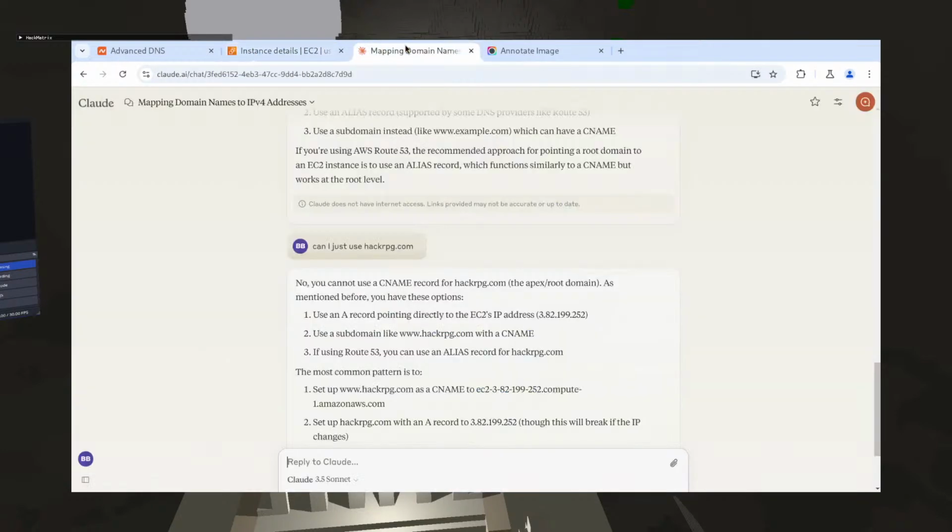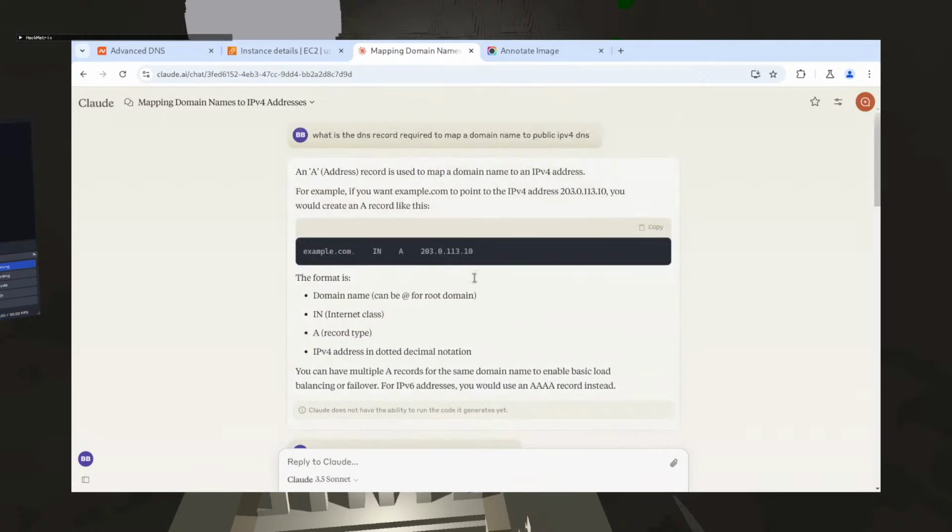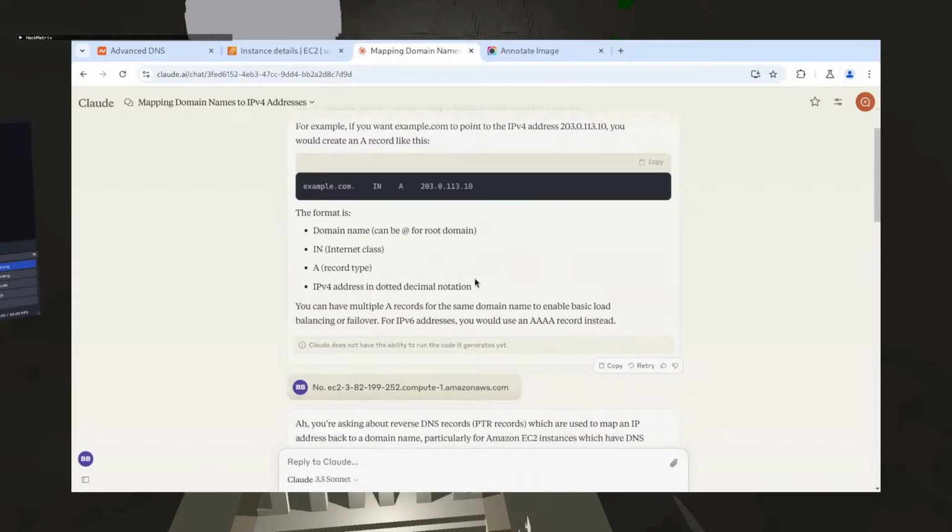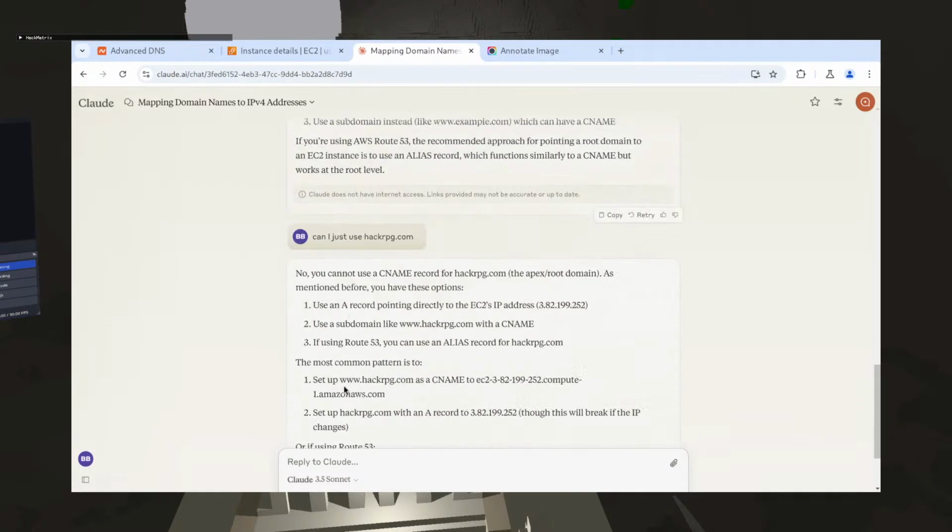Wait, it actually, what? How did it know the IP? Did I paste the IP in here? Oh, okay, it says the IP.